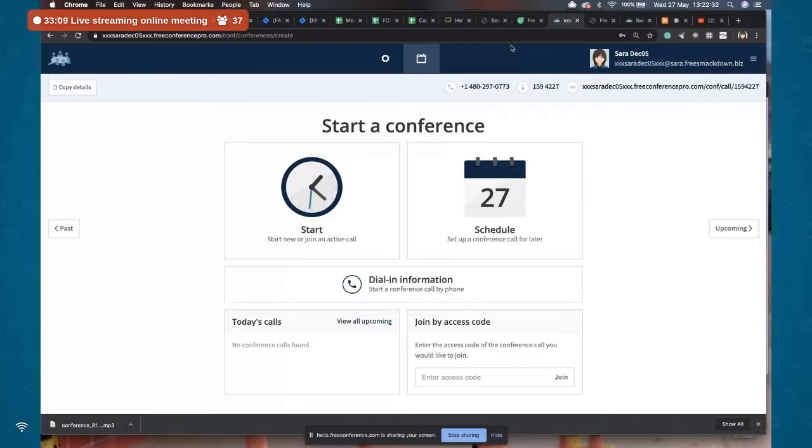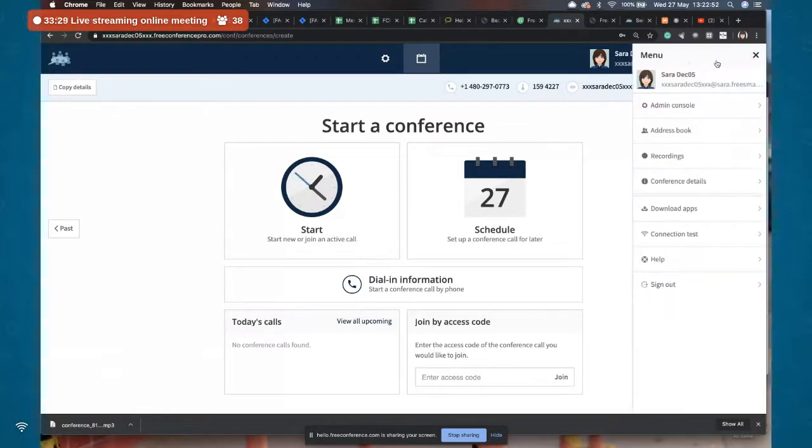If you let me go once into the admin, though, that's important, because there you can, it's not important to go there very often, but maybe you want to add another host account, something like that. So when you're logged into your main dashboard, you hit this menu here at the top where you see your email address and your name, and you click on Admin Console. If you don't see that and you're pretty sure you're supposed to be an admin, reach out to customer support and we can help you.